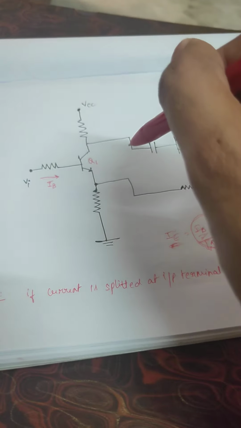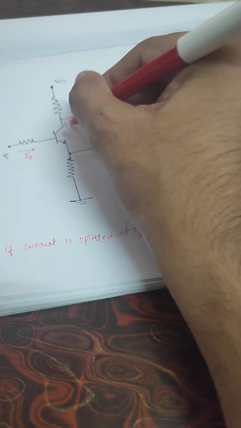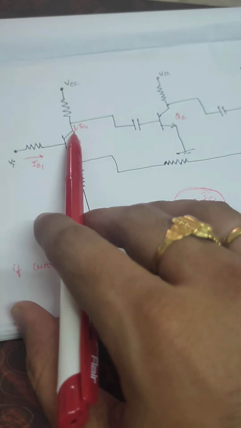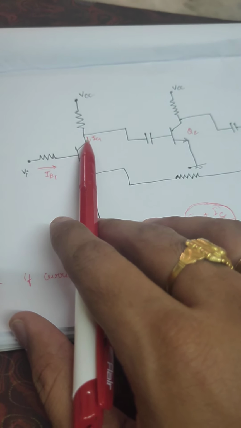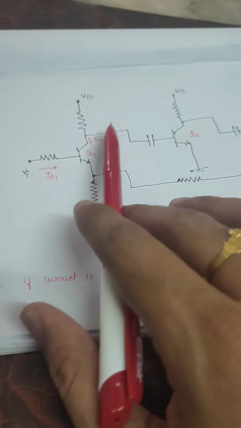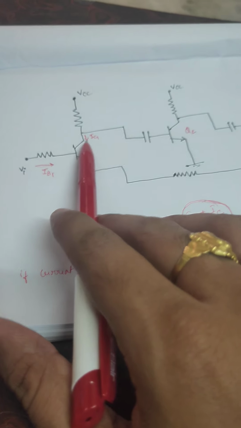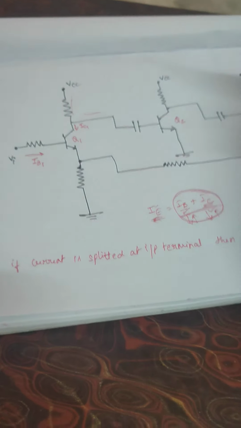Students, is it clear? I am going to mark IB as entering the transistor, so IC, that means the collector current, has to enter the transistor as well. For the first transistor, I am going to mark IB1, IC1. Students, please note this: if you consider any branch with respect to entering, all the currents with respect to that terminal should be entering in nature. That means if you check IC1, what are the currents that constitute IC? This as well as this. So both should be entering in nature.